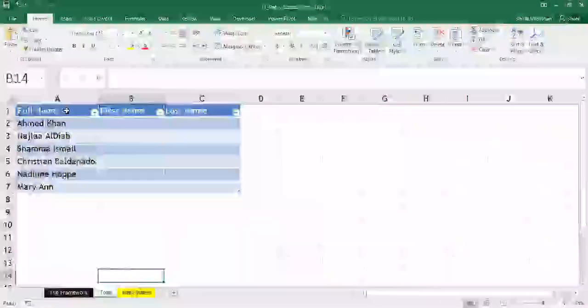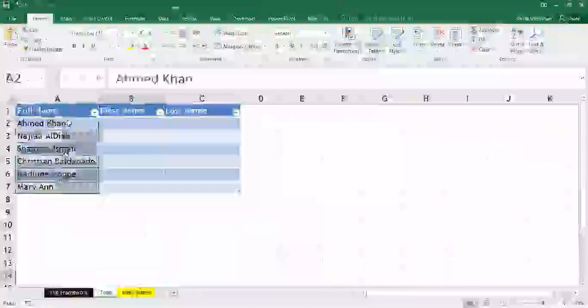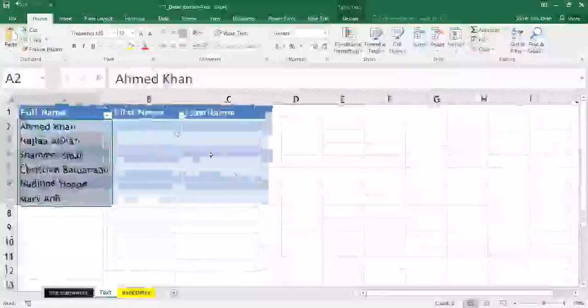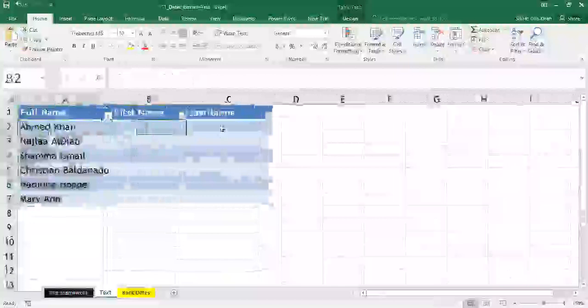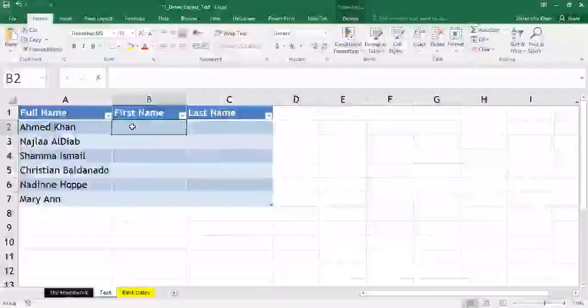practical example. Okay, so people, I'm going to show you two practical examples. One, a practical example, as you see in my Excel sheet. Here, I have some text data. These are the full names of the people in column A, and in column B, I want to have only the first name, and in column C, I want to have the last name. So if I don't know this text to column utility, I have to manually type the first name and the last name, which is a manual task, and it is not an advisable task.